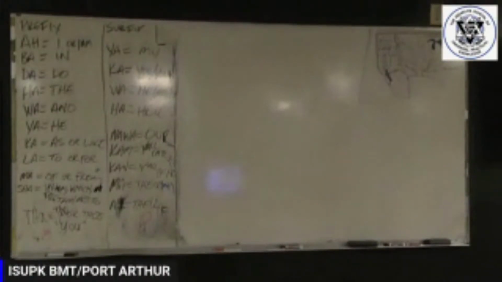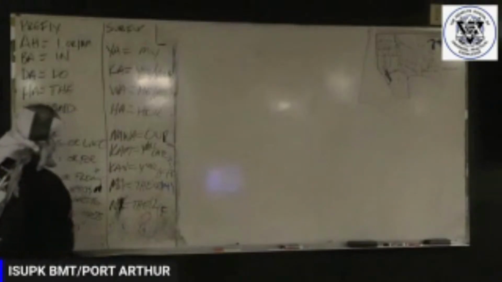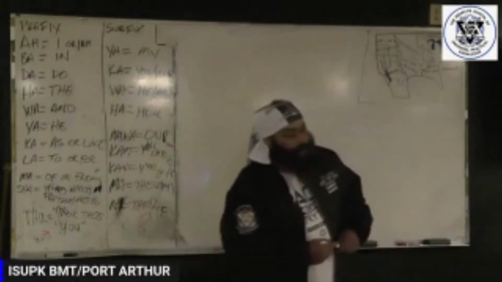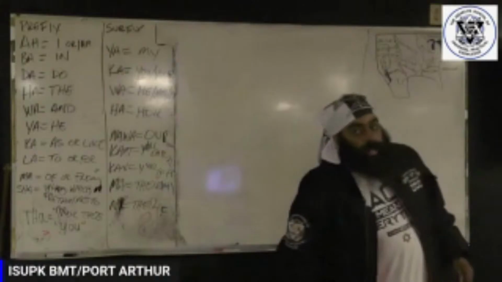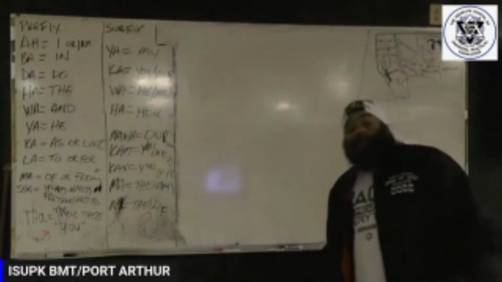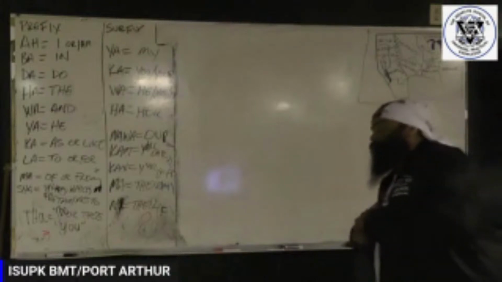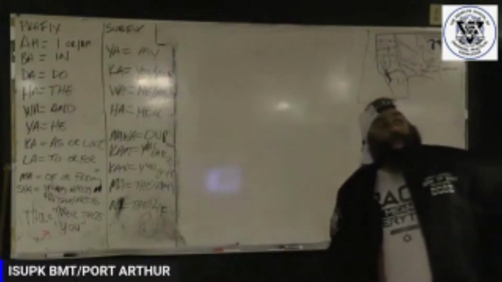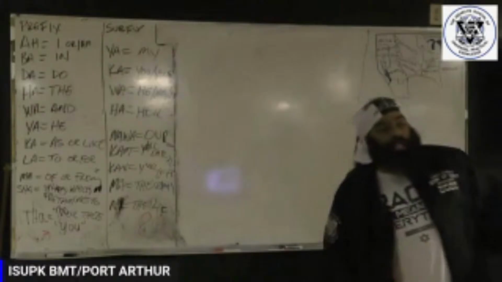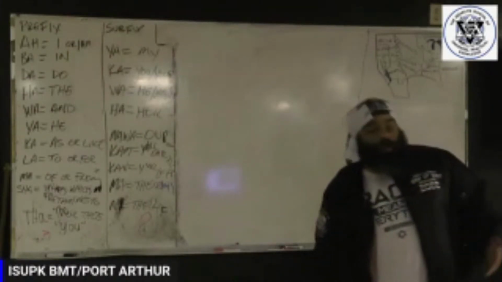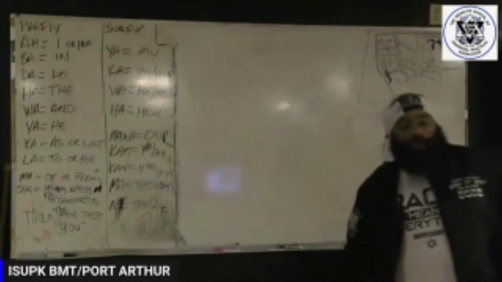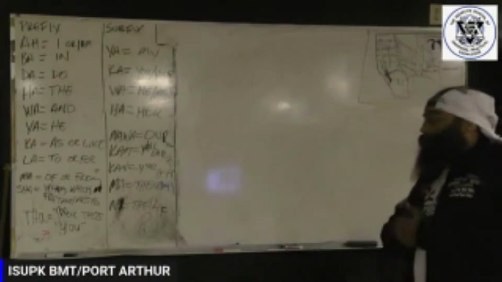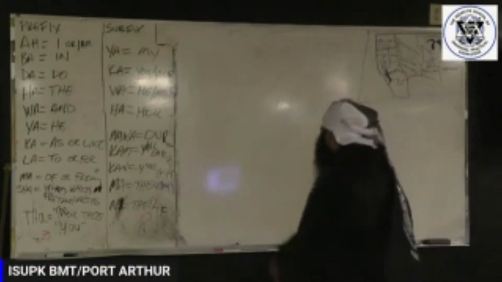All right. Today it's going to be a basic class. We're going to step down a little bit, make things a little bit more simple. It's not an intermediate, but a basic level Hebrew class. We're going to be going over weather forecasts. I'm going to give us some ways to say how it feels outside and how to say that in Hebrew, like saying it's hot outside, or it's cold outside, or it's raining, or it's snowing. We're going to learn how to say these by the end of today's class, and also learn how to write them in Hebrew. So let me get that down on the board.